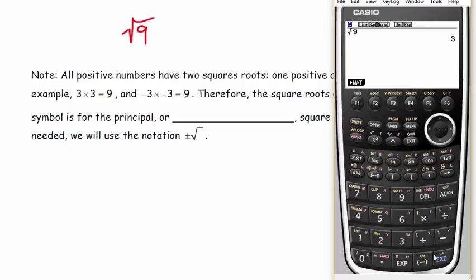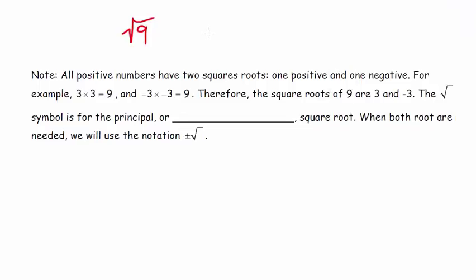Okay, so remember, the square root is the number squared that gives me 9. Well, do you believe me that negative 3 squared, well, that's going to be negative 3 times negative 3. Well, that also gives me 9. So we should have 2 square roots, one positive and one negative. All right, the calculator always gives us the positive root. The calculator gives us the principal root, or the positive